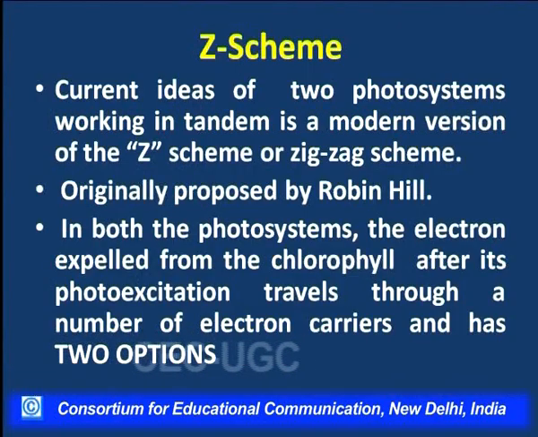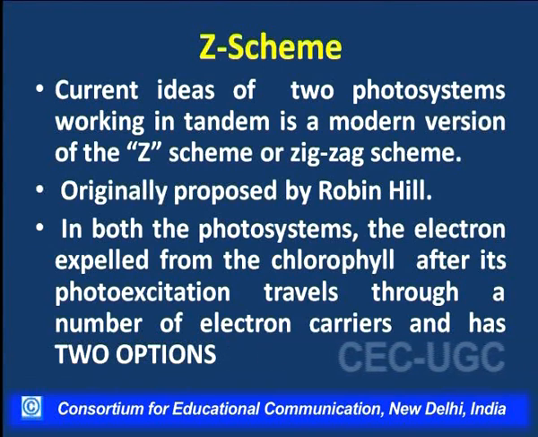The term Z scheme is not new. It comes from the American word Z, which means a zigzag scheme. Now this scheme was originally proposed by Robin Hill, but we are now building up a whole new concept on the basis of this Z scheme,